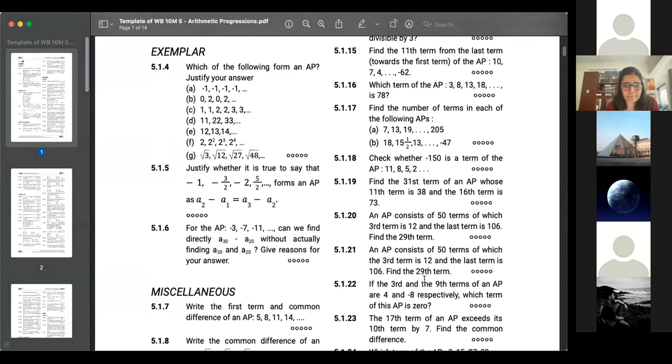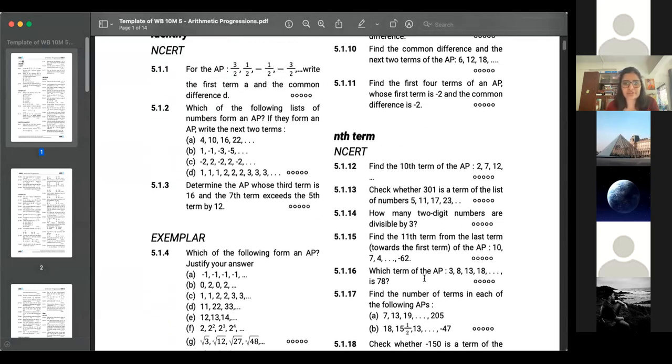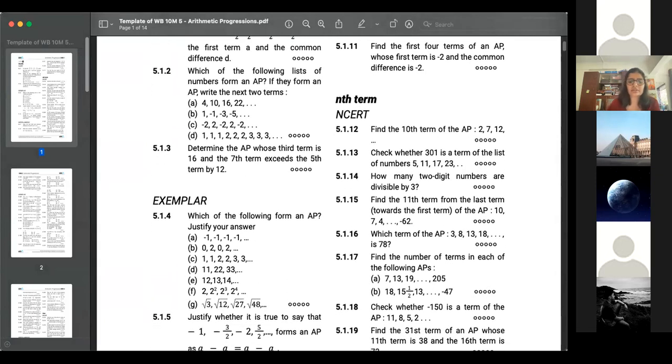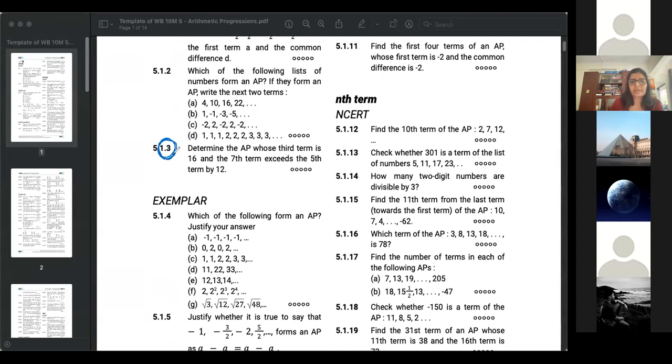Next, we'll go to a slightly more complicated kind of question. Read question number 3. Tell me if you guys can do it or not. If you're not able to do it or if you're stuck, don't know how to proceed, let me know. Otherwise, solve it and tell me. So again, determine the AP. Give me 3 terms and then you can put dot dot dot. Just give me A1, A2, A3.